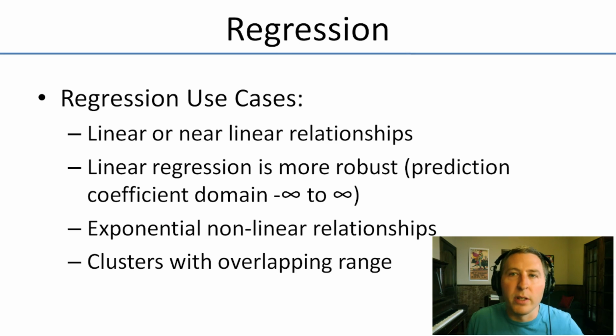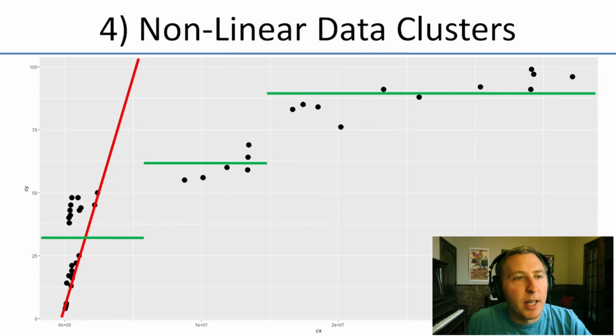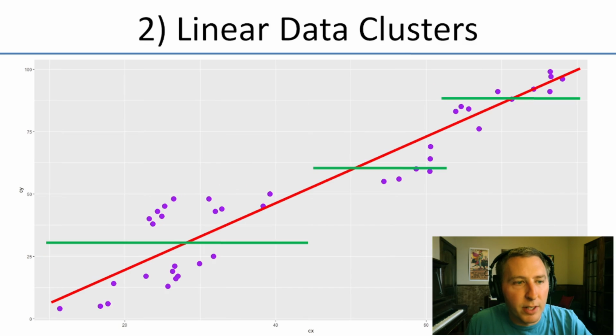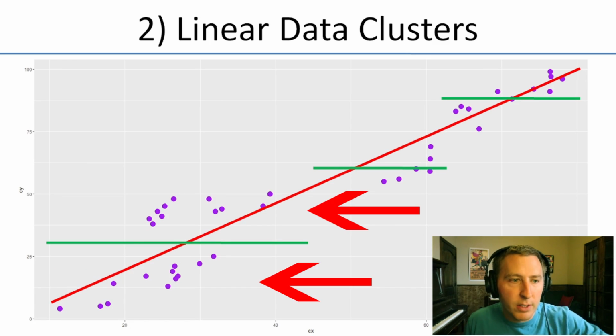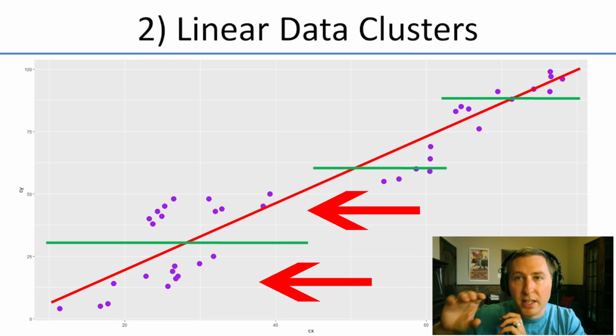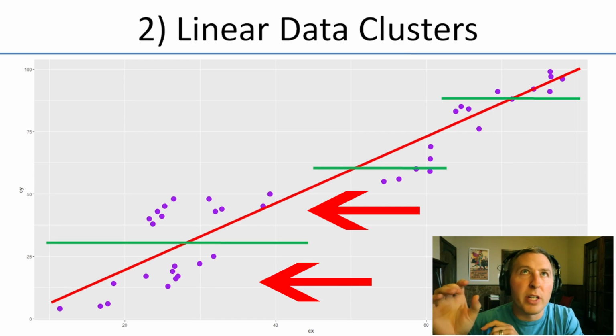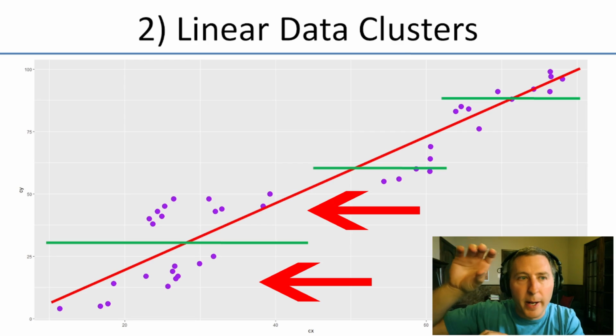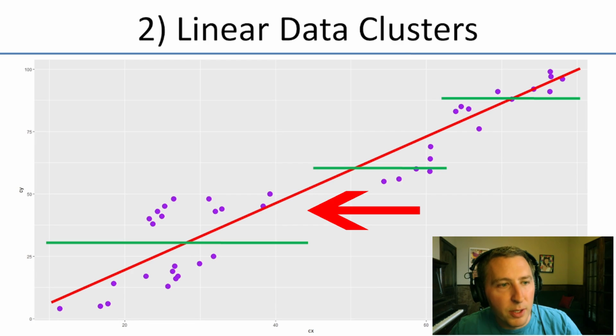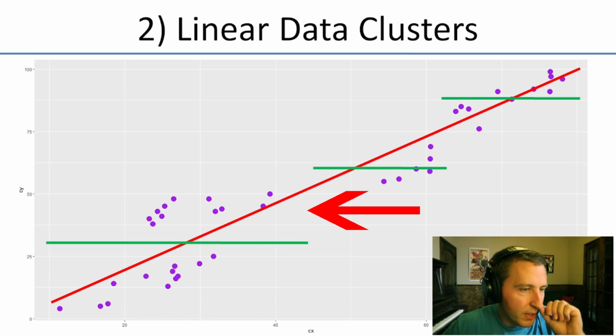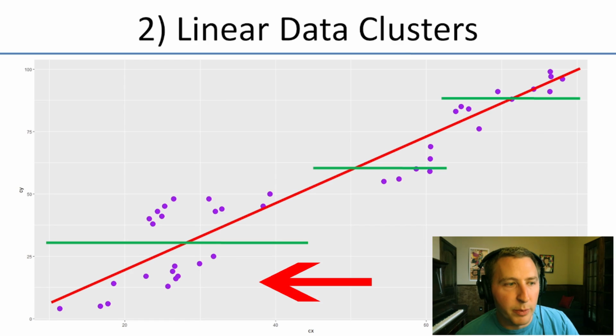And also another point here is clusters with overlapping range. So range is going to be the x-axis here that we looked at in some of these. When you start to have variables, like in this chart here, you see the purple dots around 25-ish. You start to have stacking, like the clusters are stacked. So you essentially have two y values here. The top cluster on the 25 range is going to be somewhere around the 40s. And then all of a sudden you have the same x variable here, but it's going to have y